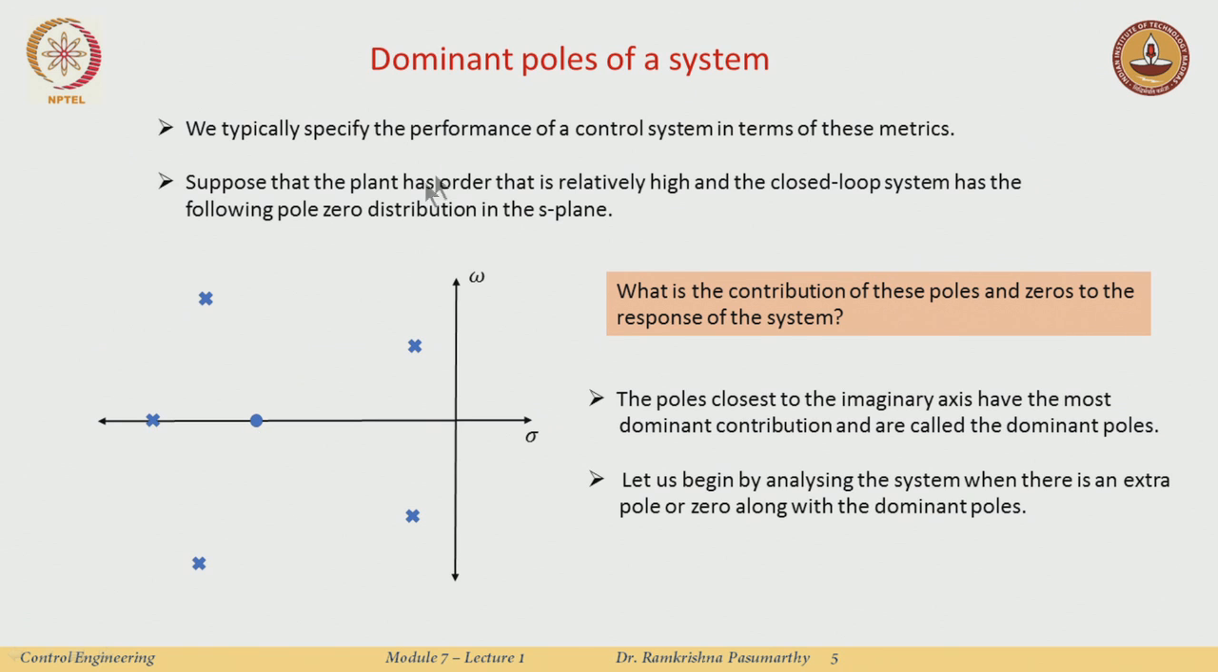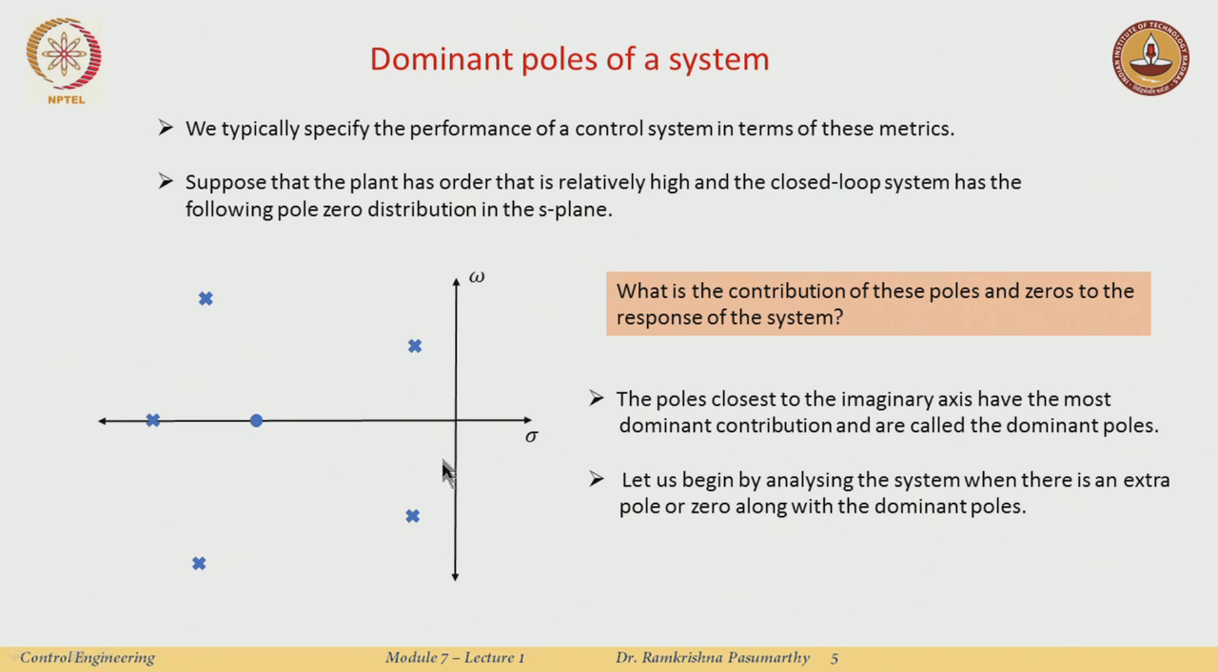So, this is something which has like 1, 2, 3, 4, 5 poles and a 0, right. So, say, what is the contribution of the poles and zeros to the response of the system? So, we can say that these 2 poles, I call them the dominant poles of the system, because